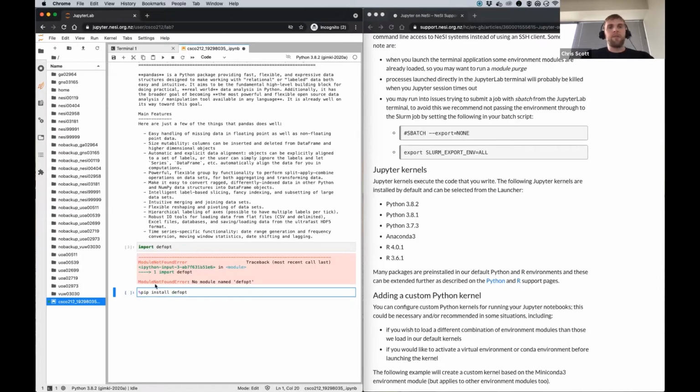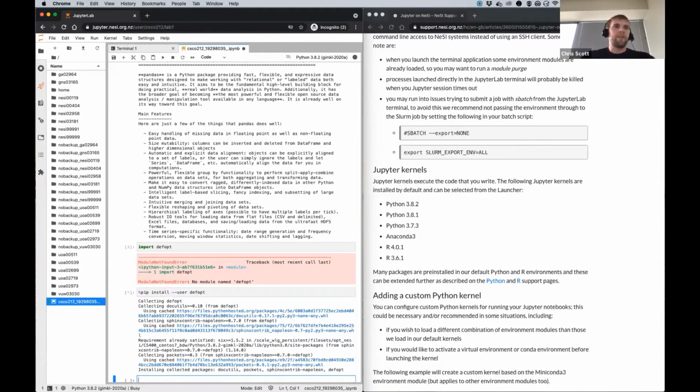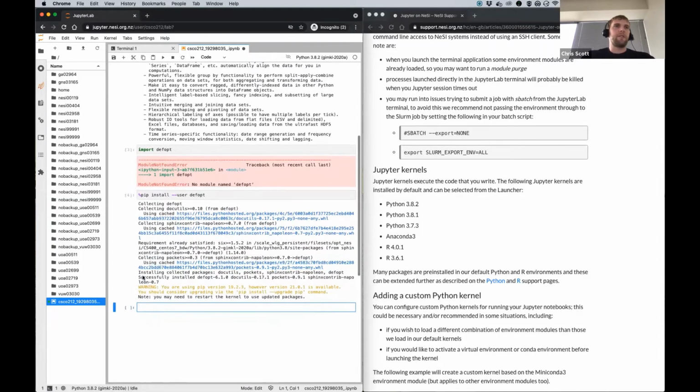And if I was just to run this, it actually wouldn't work. Maybe if you run that locally, it would work. On NeSI, it won't work because it will try to install the defopt package into a system location that you don't have write access to. So the important thing here is to put the --user. So doing a pip install --user, the name of the package, and then this should then install,